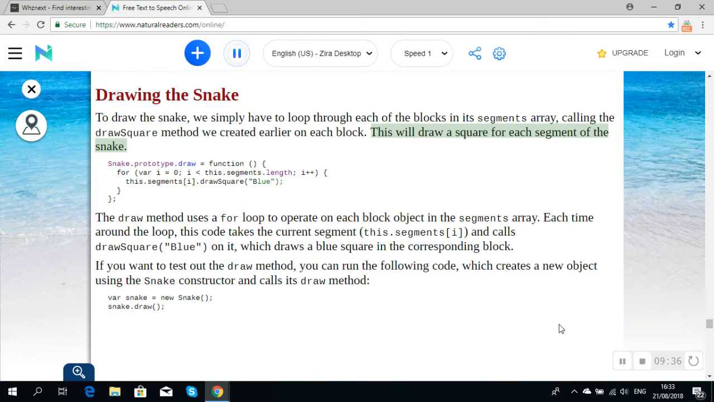Drawing the snake. We call the drawSquare method we created earlier on each block. This will draw a square for each segment of the snake. Snake.prototype.draw = function () { for (var i = 0; i < this.segments.length; i++) { this.segments[i].drawSquare("Blue"); } };